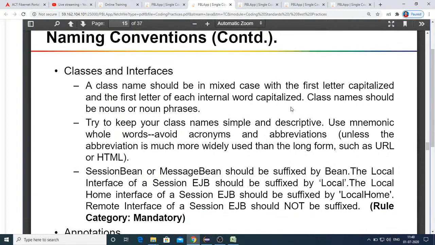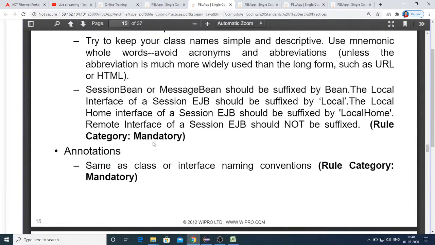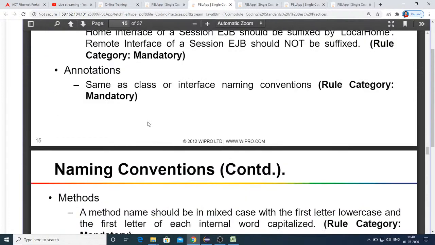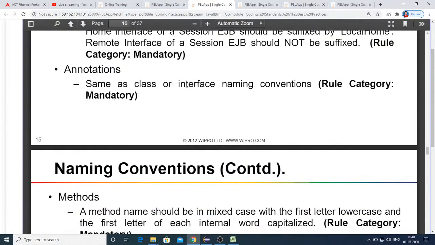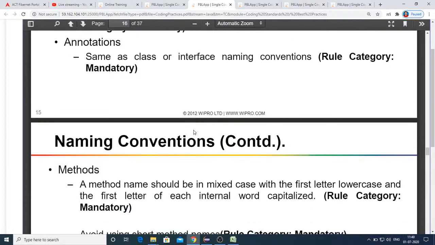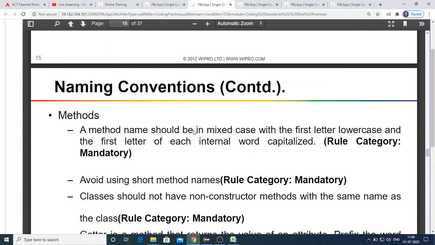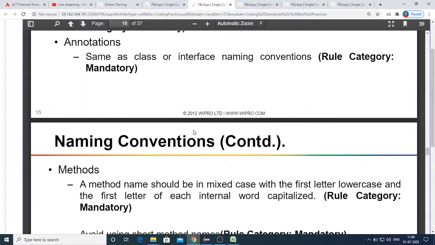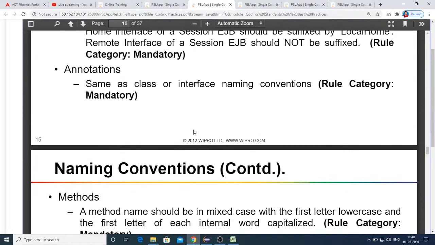And this you already know. Classes and interfaces should be nouns, with each word's first character a capital letter. And annotations we will be discussing once again later. We already understood what is meant by annotation. I have shown you at certain places, like in yesterday's JUnit, we saw a few annotations. Anything that starts with an at the rate symbol, we call an annotation, but it should not be in comments. If it is in comments, it's meant for describing. But if it is not in comments and has at the rate, it indicates an annotation.